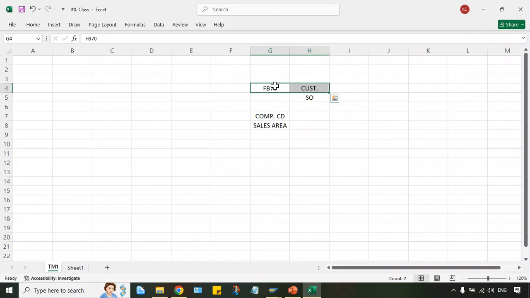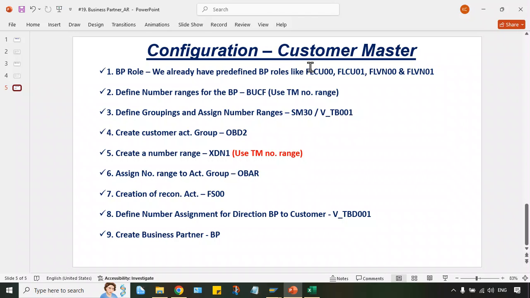So the customer which is placing a direct order, and simply the goods are delivered and the invoice will be posted here in SAP, for that we have to use FB70 transaction code, right? So for such kind of transactions, we need to maintain only the company code segment in SAP. And for that we have the role like FLCU 00.